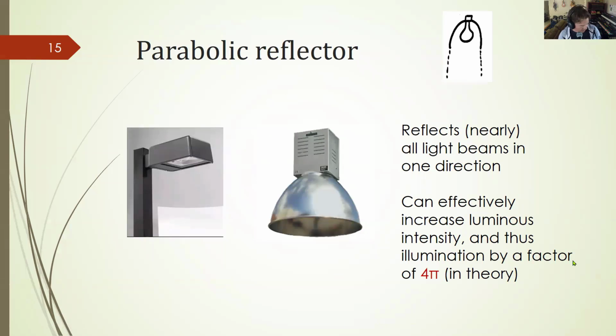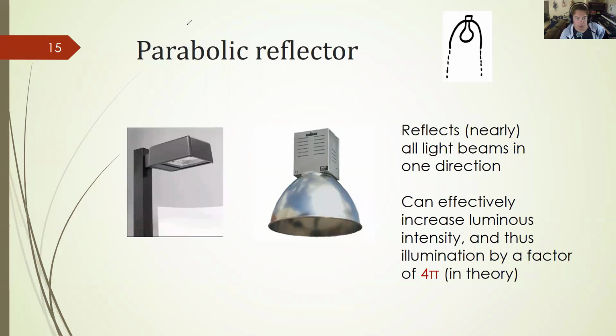Okay, all right, this is the big one. I will probably ask about this in a quiz or exam. A parabolic reflector. A lot of times you would see these with street lamps or spotlight sorts of lamps. They have a shape to them, a parabola, such that when you have a roughly spherical emitting light source, like a bulb here, this is designed to have the majority of the light that's being emitted in all directions reflected